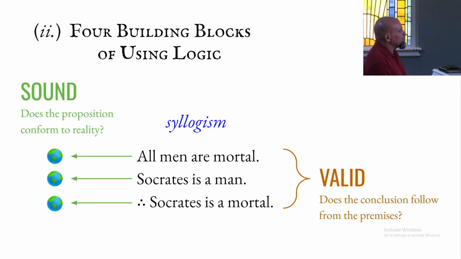The main grammar I'm going to be introducing are four words. Sound and valid are going to go together, and then deduction and induction are going to go together. Those first two, sound and valid, refer to basic tests that our words have to pass in order to be true representations of reality. The second two, deduction and induction, are what we might call two lanes of traffic that our reasoning is always flowing in. And so I do have to introduce it here because I'll be using that terminology throughout. Okay? And we'll get to a definition of truth as we go.